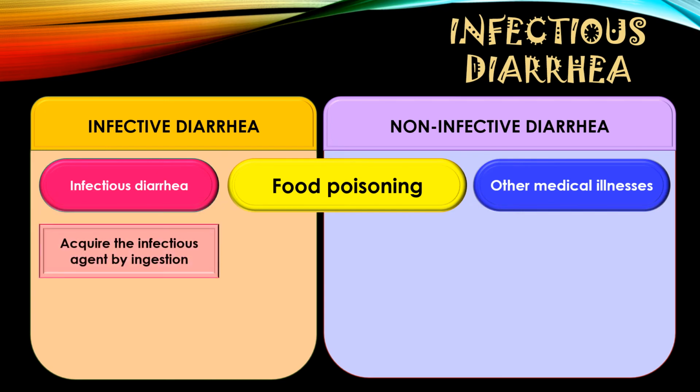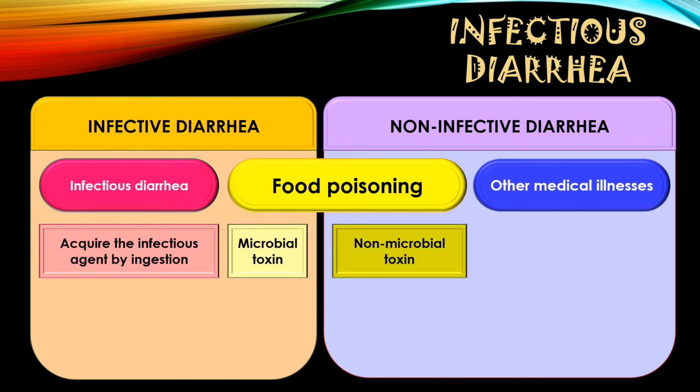Infectious diarrhea exactly is about acquiring the infectious agent by ingestion of the pathogen. But for food poisoning, the patient may ingest only the microbial toxin, not the whole pathogen. And food poisoning has another spectrum, where the patient ingests a non-microbial toxin. This means a chemical, for example,